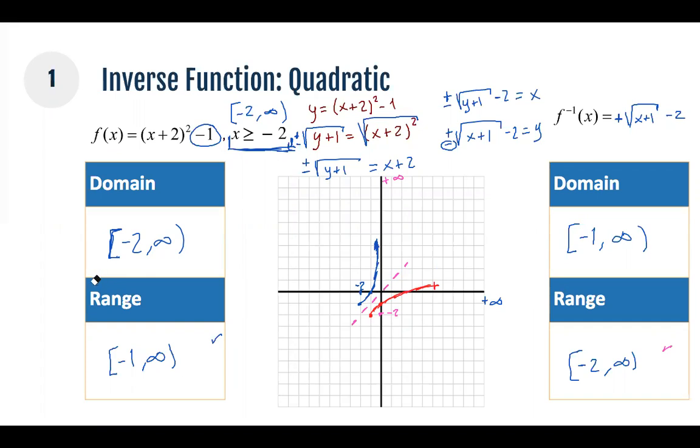You're gonna do it in the usual way, but right now, because you're going from a quadratic into a square root, you are gonna need to get the square root of both sides in order to find the inverse function. And that is basically